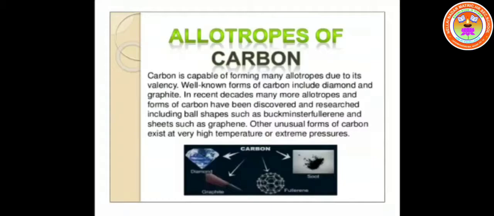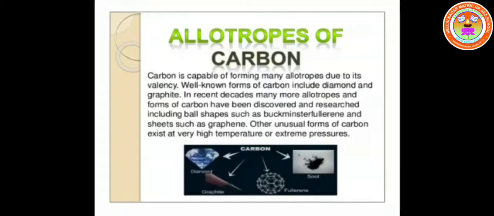It is a very good insulator. Diamond is an insulator. It has a tetrahedral structure. It has 4 covalent bonds. Carbon has 4 covalent bonds. It is tetrahedral. It is very hard. It is transparent. It is very shiny. It is attractive. It is very costly.